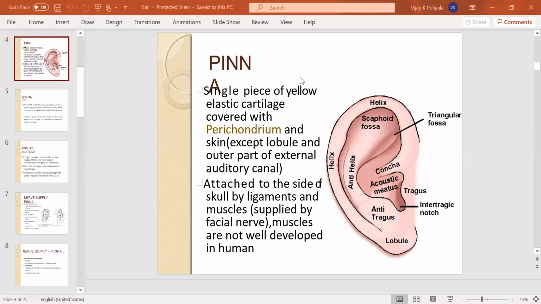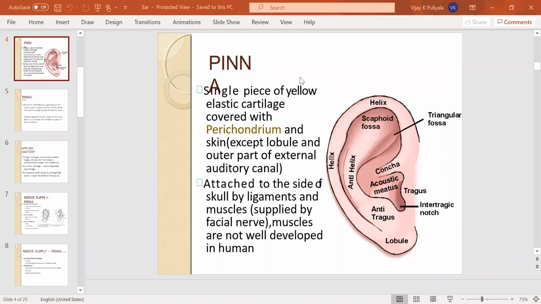Okay, till now we discussed the intrinsic ligaments. Next, coming to the skin of the auricle. Are you able to hear me, students? Yes, ma'am. Okay, so the skin of the auricle is adherent to the cartilage and is furnished with so many sebaceous glands, especially in the concha and the scaphoid fossa. Sometimes hairs can also be seen projecting from the external ear.